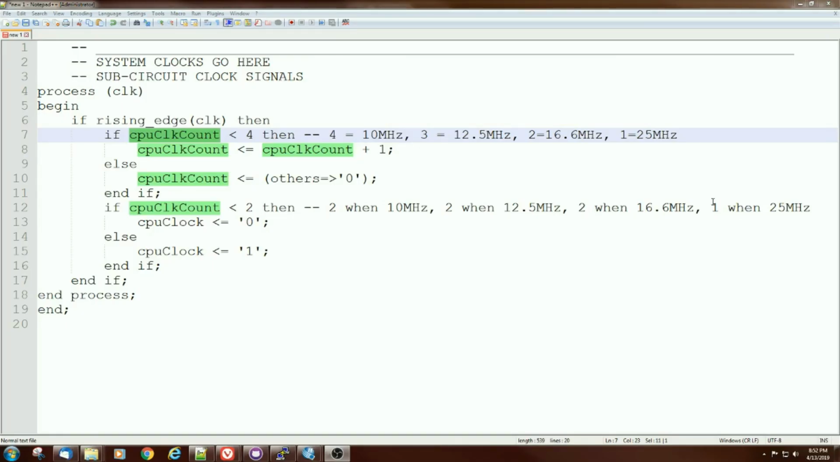Let's take a look at the clocking for the CPU in Multicomp. Grant's got a little piece of code here that's got a counter in it for the CPU clock count, and when you want to run at 10 megahertz you set that CPU clock count value to 4. If you want to run at 12.5 megahertz you set it to 3, and basically it's the 50 megahertz divided